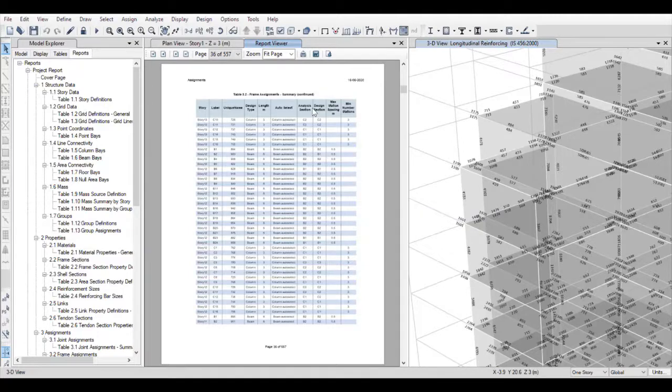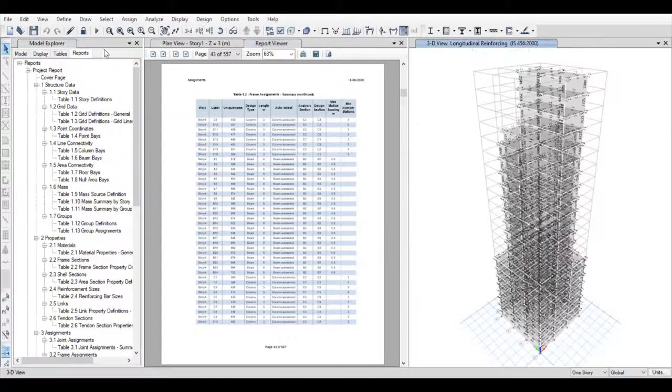It will contain all the data which we have input into the system, the types of beams and columns which we are using, the types of materials, the load cases considered, the method considered, response spectrum or time history analysis, what are the factors which we have considered. So this is how we design a building for seismic load.